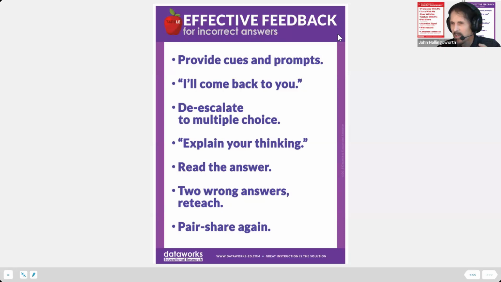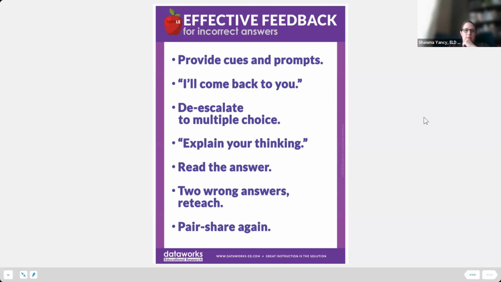And that's when you're, especially like if the kids are missing their complete sentence, let's pair share one more time with our complete sentence and make sure we've got it. Now, if the students are really confused, the pair share won't work because there's not enough traction in the room to pull it off. Okay, Shauna, you're the last one. The effective feedback strategy I can use is? The effective feedback strategy for incorrect answers I would use is,